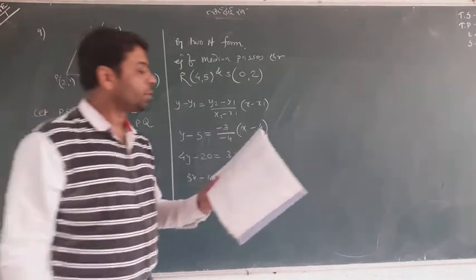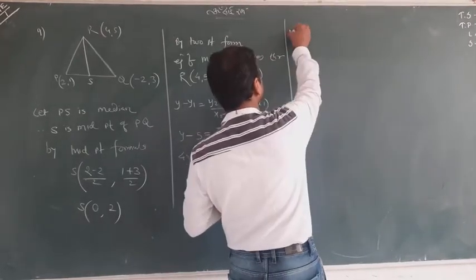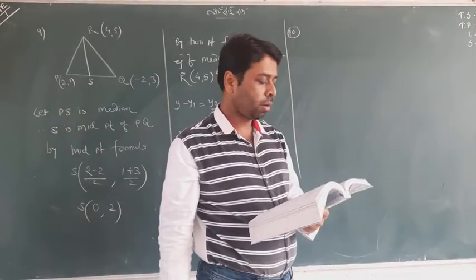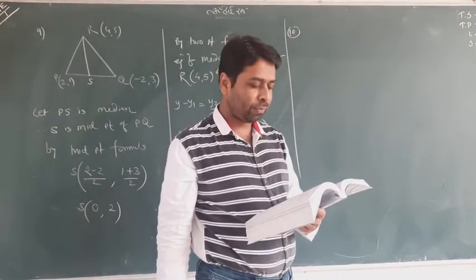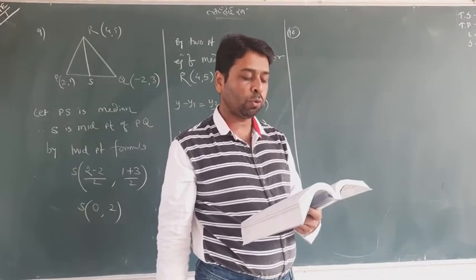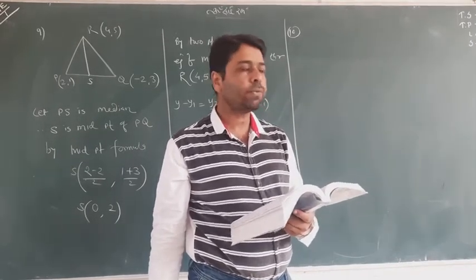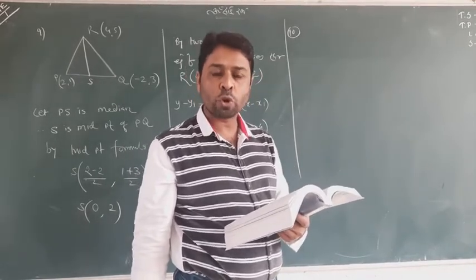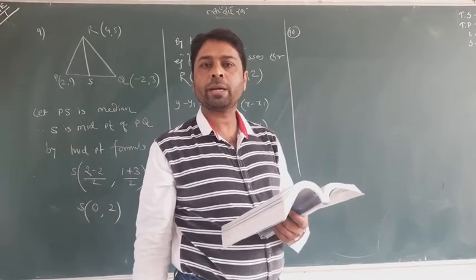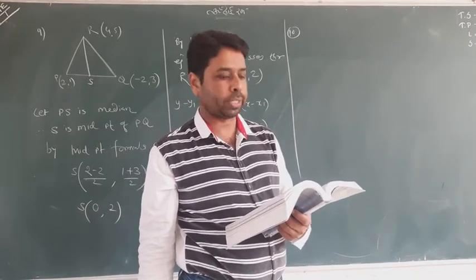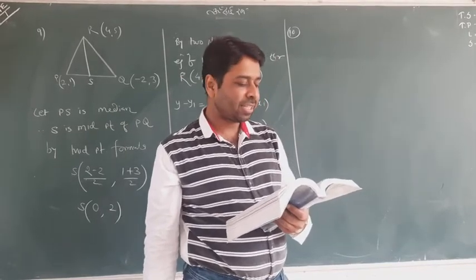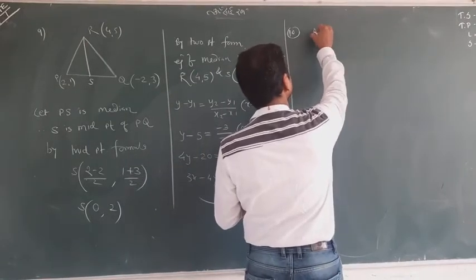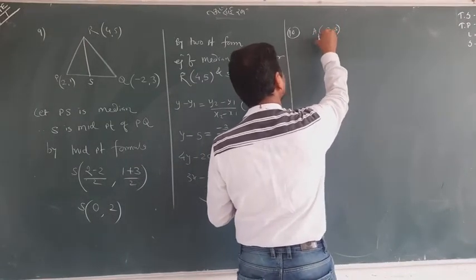So let me take you to question number 10. Find the equation of the line passing through minus 3 and 5 and perpendicular to the line through the points 2, 5 and minus 3, 6. This is a very good question, but first of all you try to make a proper picture without drawing axes. Only make the points, the line and whatever is told. Question 10 says find the equation of the line passing through minus 3 and 5. Suppose this is the point minus 3 and 5 through which the line is passing,